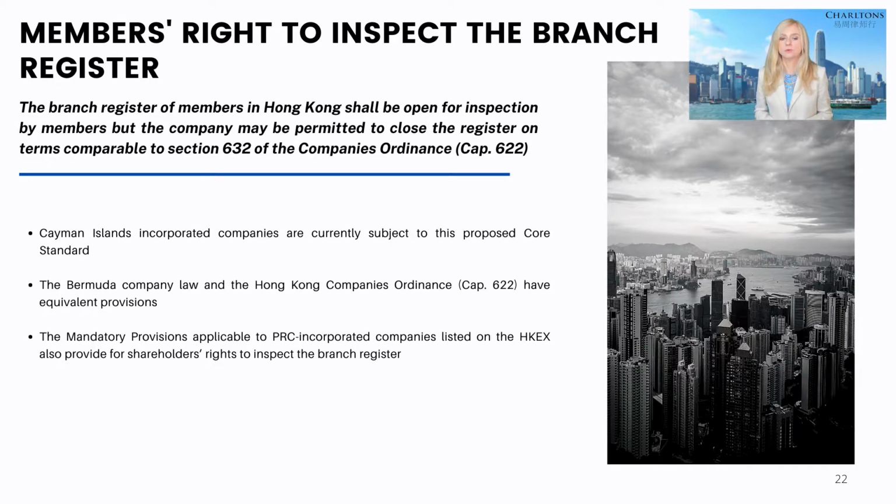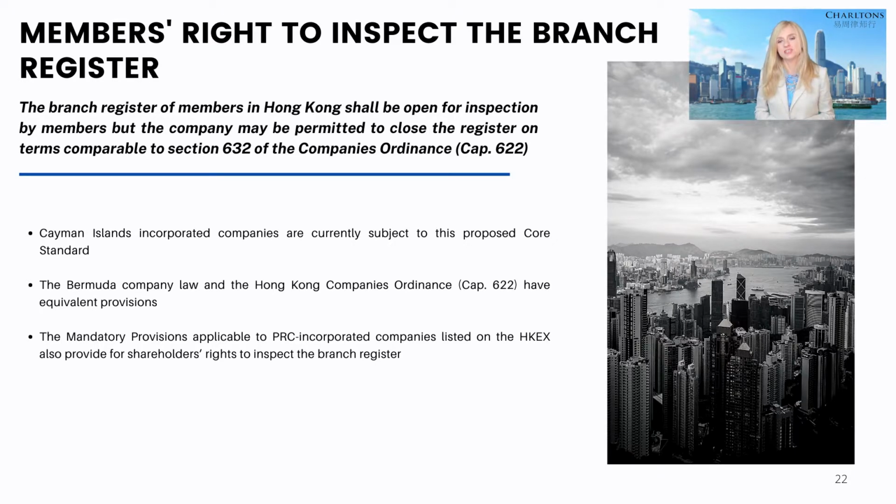Cayman Island incorporated companies are currently subject to the proposed core standard, while the Hong Kong Companies Ordinance and the Companies Laws of Bermuda have equivalent provisions. This proposed core standard is not a key shareholder protection standard under the joint policy statement. The mandatory provisions applicable to PRC incorporated companies listed on the Hong Kong Exchange also provide for shareholders' rights to